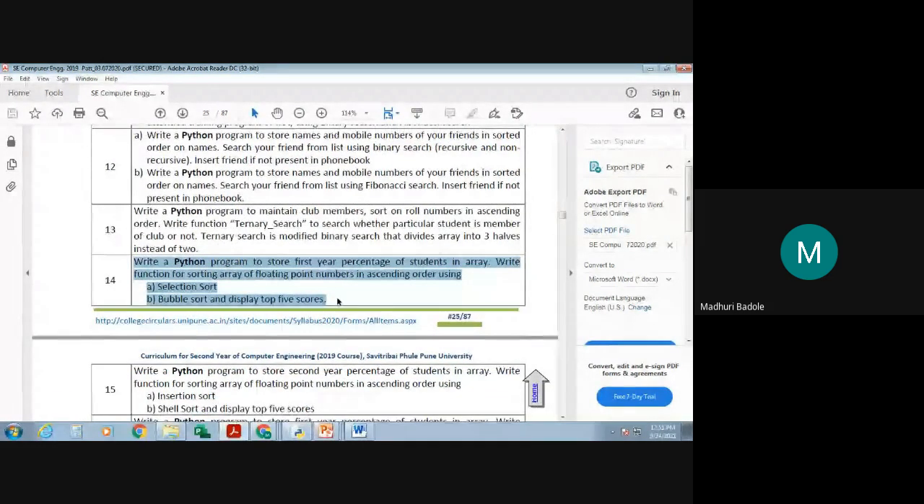What this problem statement is saying: write a program, that is a Python program, to store the first year percentage of the students in an array. Write a function for sorting an array of floating point numbers in ascending order using selection sort and bubble sort, and display the top 5 scores. Fine. So in this particular